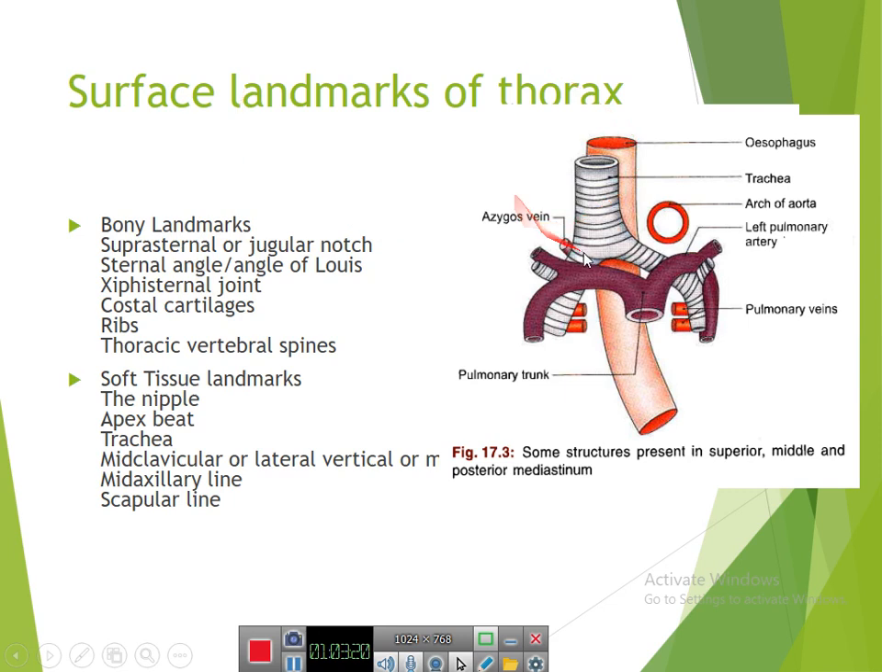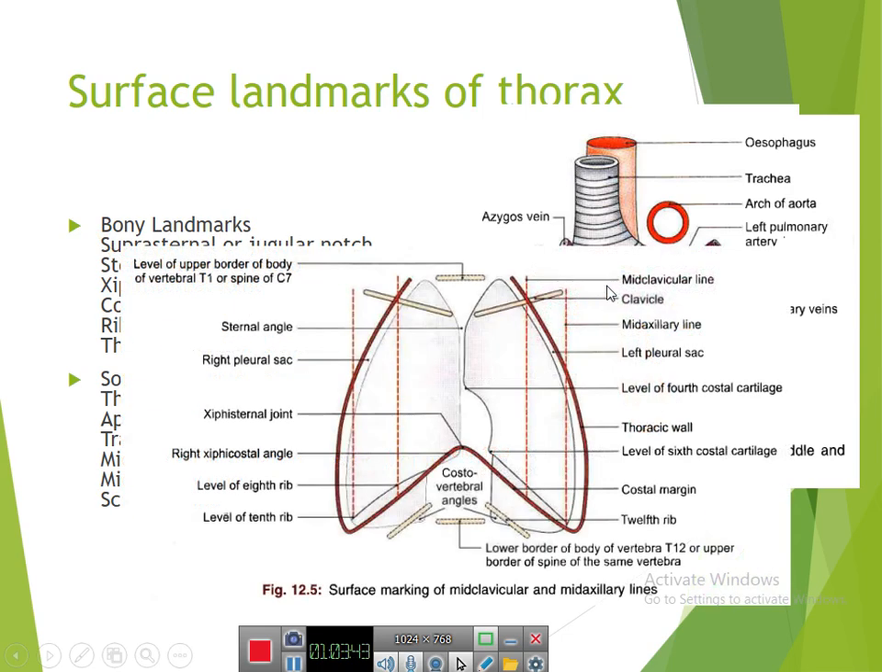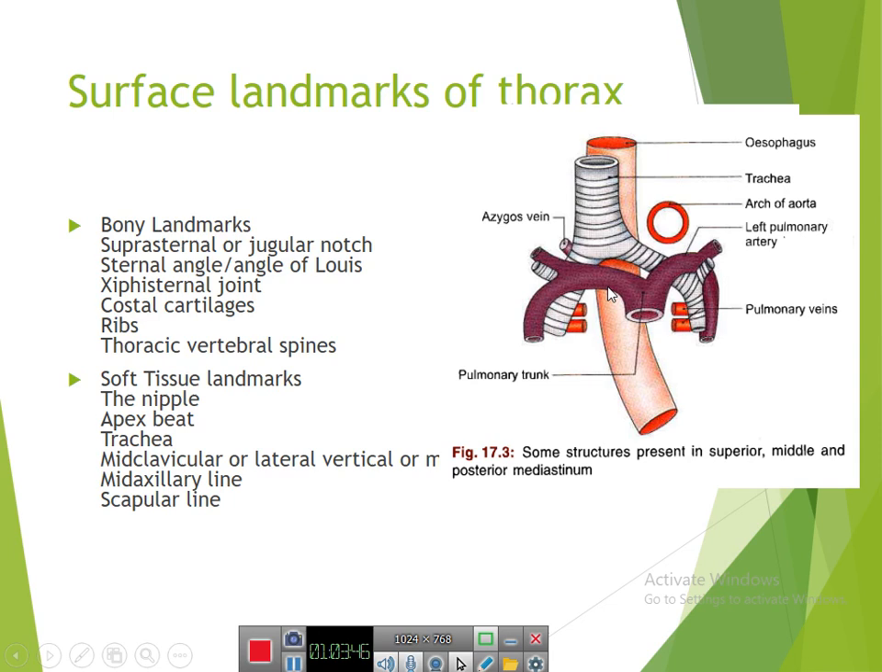And here, at the back of the trachea and esophagus, we have the azygos vein, that is arcing from the posterior to the anterior, reaching the right side. So the sternal angle, or angle of Lewis, is very important, and one of the most important bony landmarks of the thorax. We can use this angle and other landmarks to find